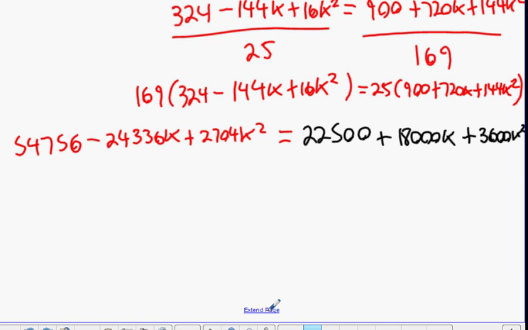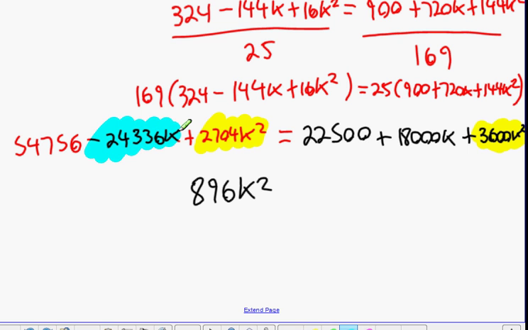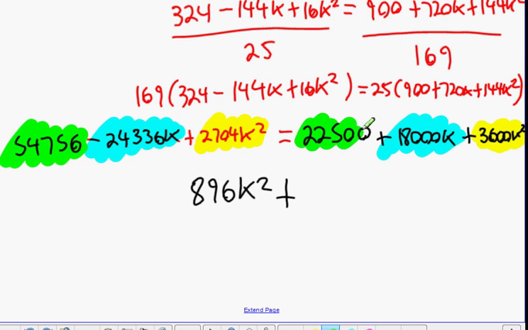Okay. We're going to bring over the 2704 and take it away from the 3,600. Somebody get on that for me. The yellow one on the right, take away the yellow one on the left. 896. Okay. This one here, add it on to 18,000. And finally, the last person, if you can do this one here, 22,500, take away